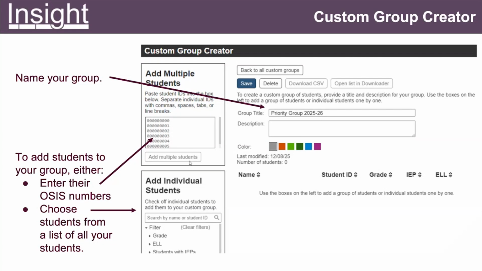The system will automatically pick up all the students' IDs, and you will see their names open up here. If you don't have a spreadsheet or OSIS numbers handy, you could use a filter to focus on a particular group. Let's say my current ELL students, my emergent or entering ELLs with an IEP, a very specific group.